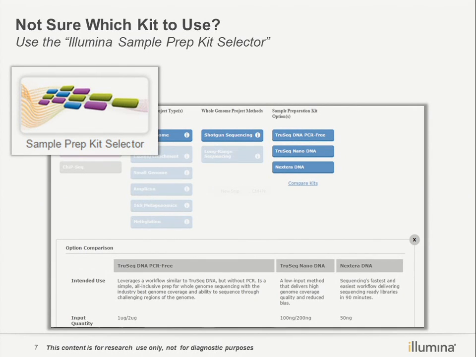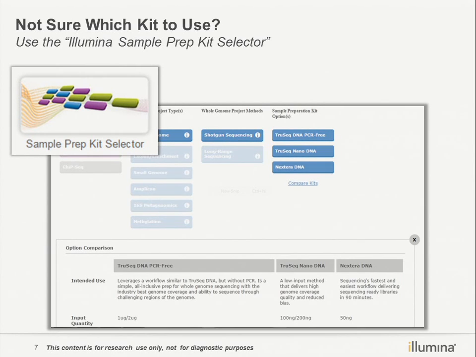As Emily mentioned before, we have some very helpful online tools. We call it Sample Prep Kit Selector. Just open Google and key in kit selector Illumina, and you will find that website. That tool will guide you step by step. Firstly, you can select your application, DNA or RNA, and then you can give the tool information about the genome size, for example, the species of your samples, something like that. And finally, the tool will guide you step by step, and recommend all of the